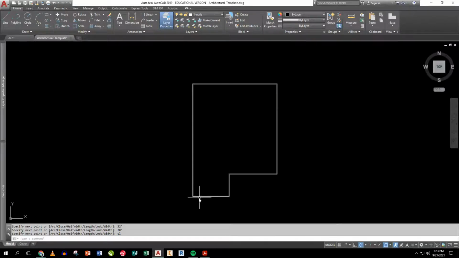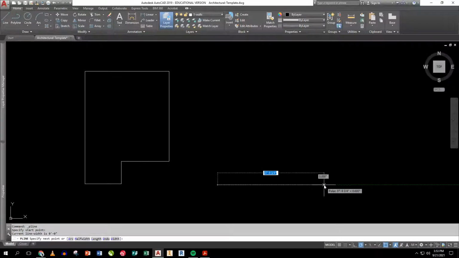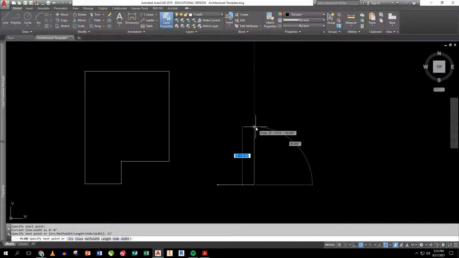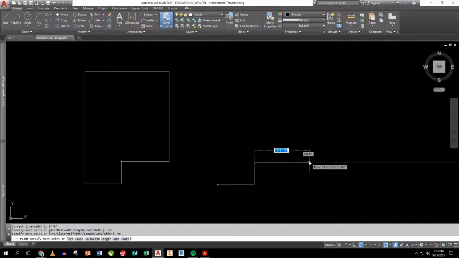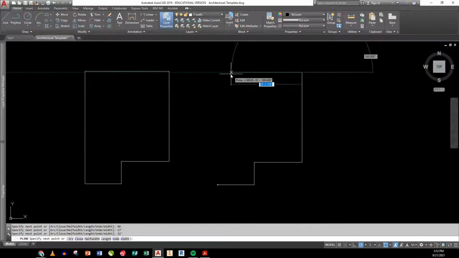So all I did here is I started a line, picked a point. Okay, I'm actually going to draw one right next to it so you can see exactly what I did here. I did a polyline. I picked a spot, pointed it in the direction I want to go, told it to go 13 feet, then literally back 8 feet. I can also type in 96 inches if I want because I know 8 feet is 96 inches. Then I went 17 feet over, and then I went 32 feet straight back, and then I came over this